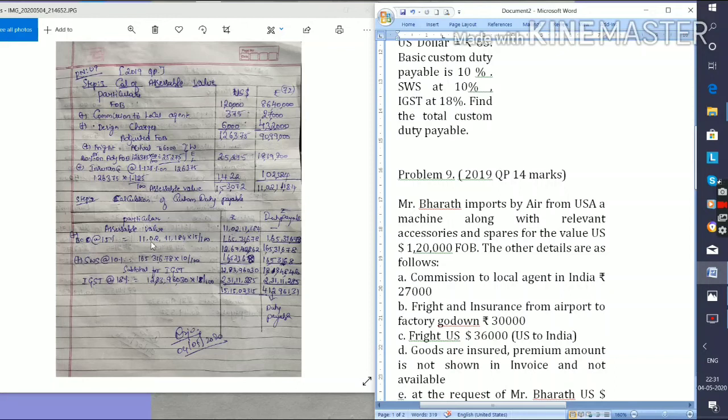Add 15% on that assessable value, you will get 1,65,31,678. Take this amount in both the columns, that is amount and duty payable. Add both, you will get 12,67,42,862. And when it comes to the duty payable column,